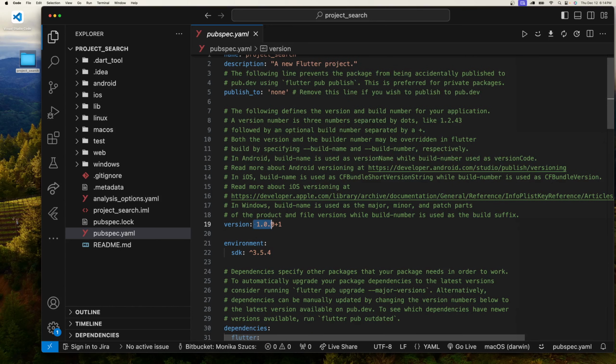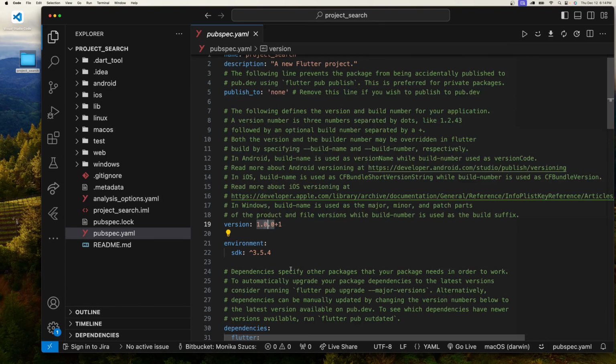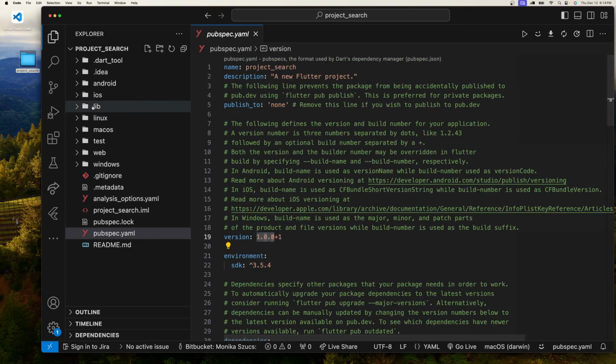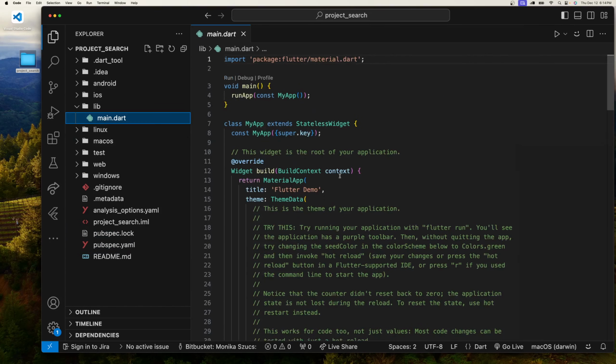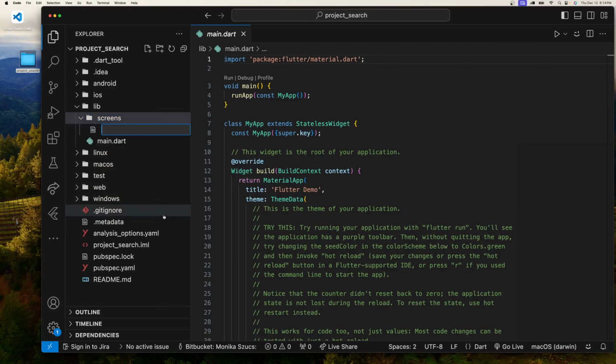And usually these versions are incremented whenever you have an application and you upgrade it. I'll talk more about it in a future video. And then of course you have your dependencies. And so what we have here is we have a main.dart file. Let's say I have a folder with screens, and inside the screens I have maybe, I'll make it all here. So let's say home.dart,